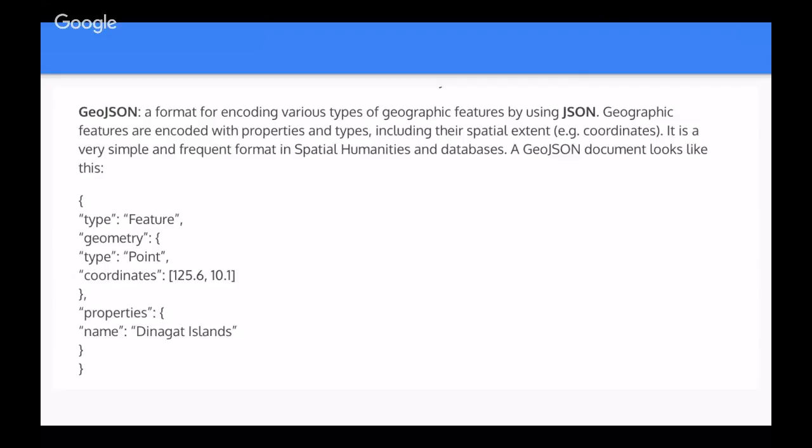Another good point about GeoJSON is that it allows a distinction between different types of geometry, which means that it allows you to represent places as points on a map, but also as spatial extensions if you have those kinds of data. So it may be quite useful if you are interested in things that are a bit more expanded than just points on the map.